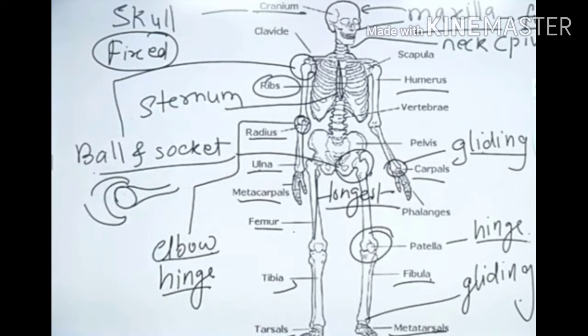After sternum, it's radius. Radius means the radius bone of our arm is connected with the humerus bone, means the upper bone of our hand. Next is metacarpals, means the bones of the fingers are connected with the hand. Next is femur, the thigh bone, which is the longest and the strongest bone of our body. After femur, it's tibia, which is the bone behind our thigh. Next is tarsals, means the joint of foot and the tibia bone.